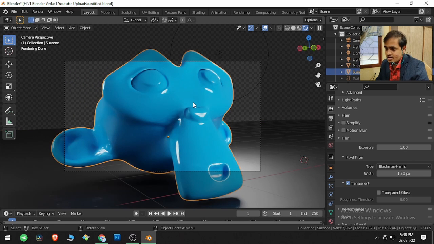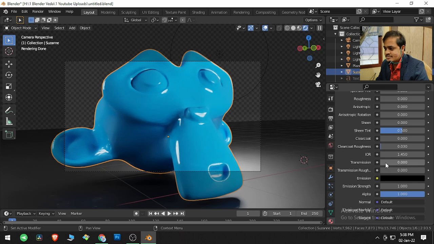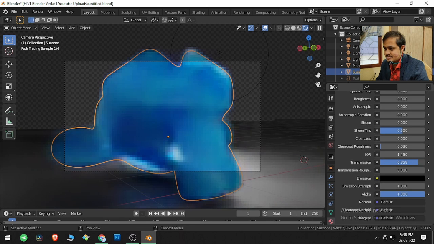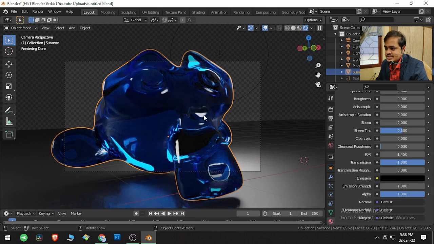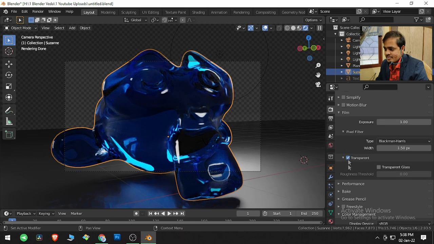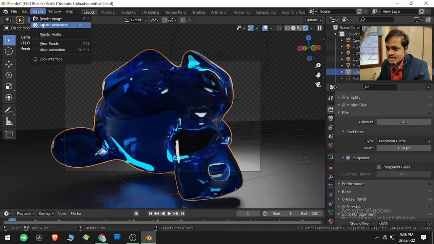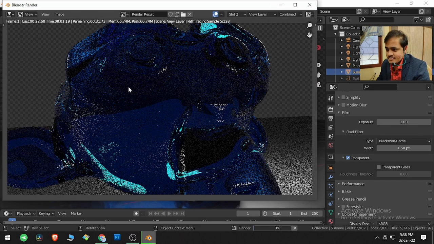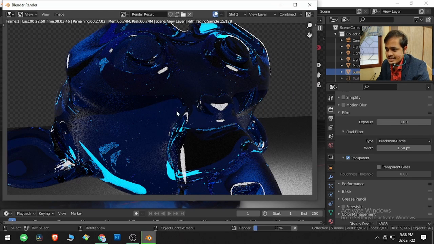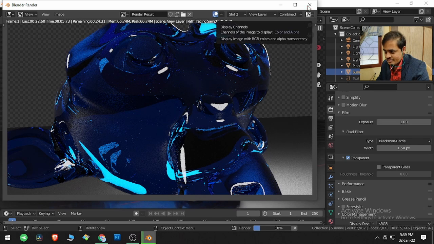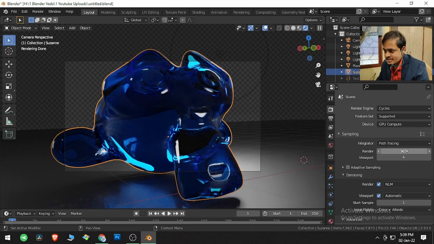Transparent glass. Now if I select this monkey and then come over here to the material editor, and increase this transmission and completely change this to glass. Now if I check this transparent glass, you can see over here that the refraction is not taking place as per the transparency of the image. What it actually means is, if I render this image and now it's rendering as a glass, let me reduce the samples here.